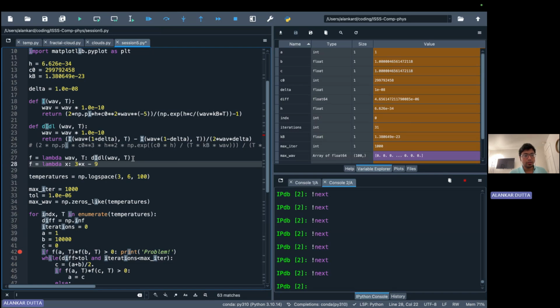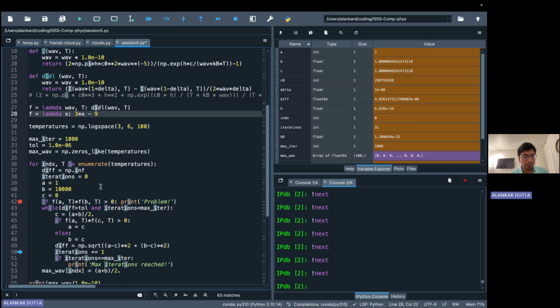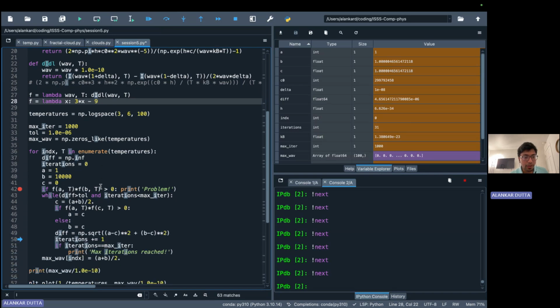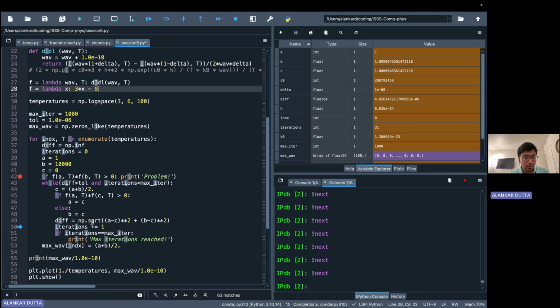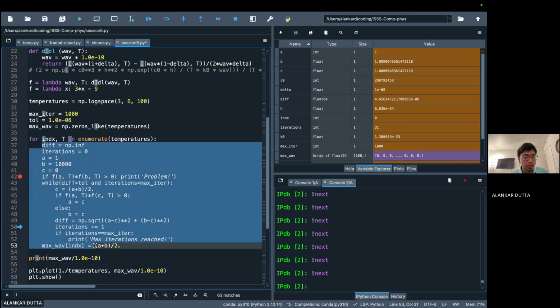Right. So we know that this should give me 3. And let's see, check if the bisection method here is giving me something which is, we are not. So for that, I'm going to copy all this,